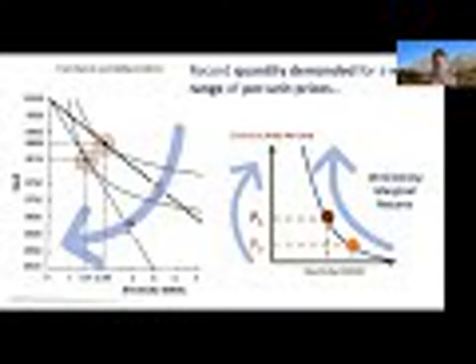So there are two reasons to stop buying. One, it's just too expensive, and that's on this side of it. The price is above your choke price. It's above what you're willing to pay. Or you have so much of the good that you're willing to pay 0 for it, and so everything is above that price. And so you either stop buying because you have too much, or you stop buying because you can't afford the first unit. So that's the way in which we interpret these things.